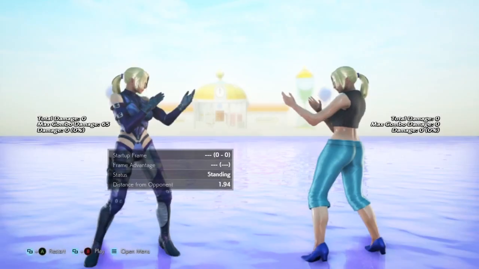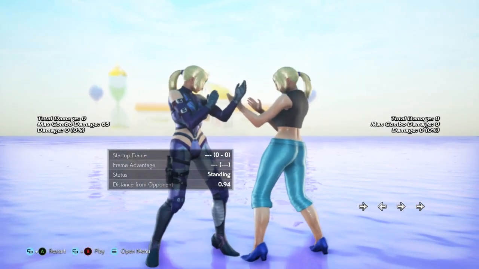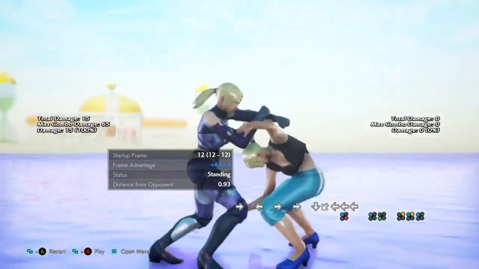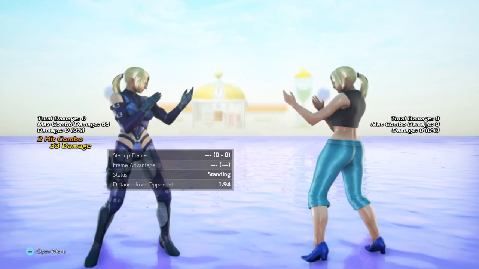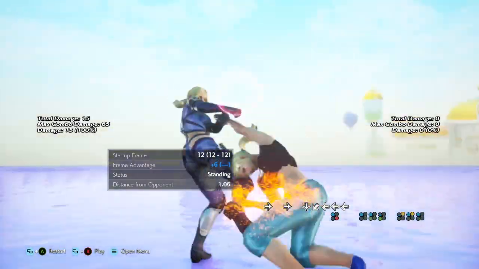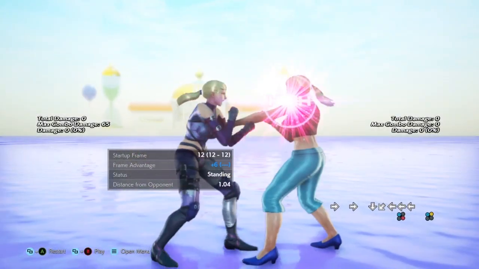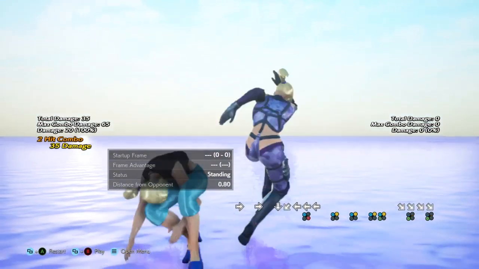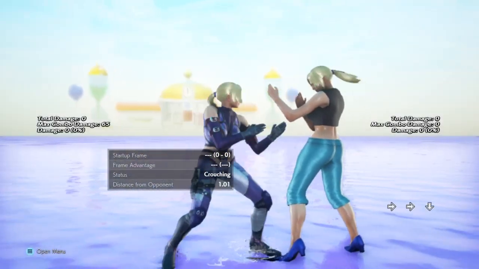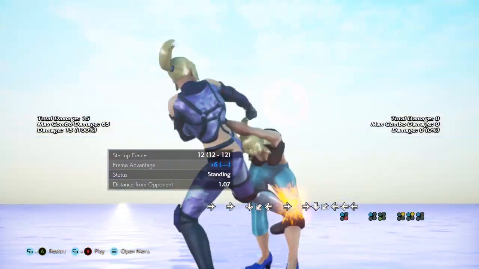The next thing we need to talk about is actually the throw extensions. So, ending just here, you're +4, but you're too far away. There's not really anything you do there. So you're not really going to end just on the arm break. Or the Twisted Nightmare. I wouldn't really end on the Twisted Nightmare, but you could because you're closer there, you're in a better position. But if we did the arm break...